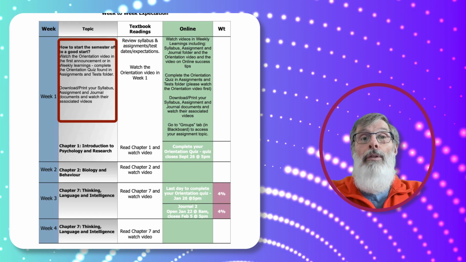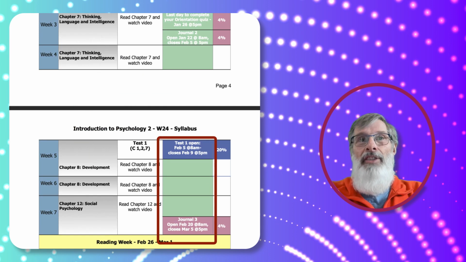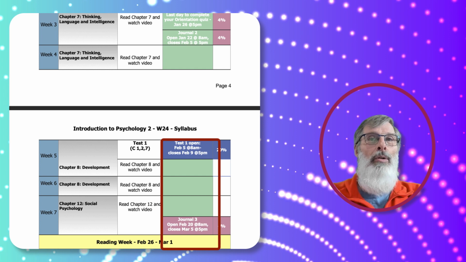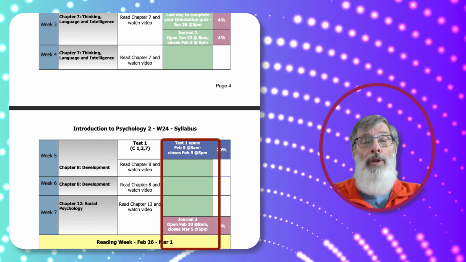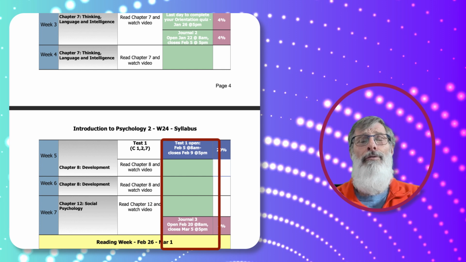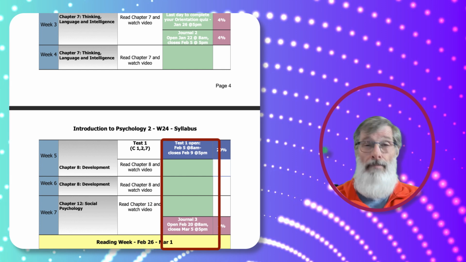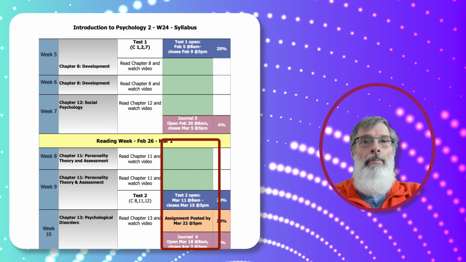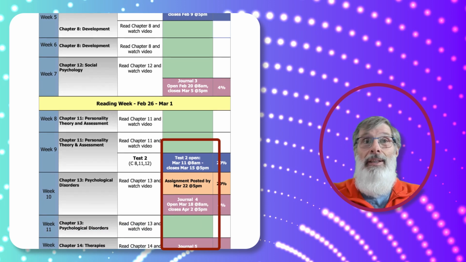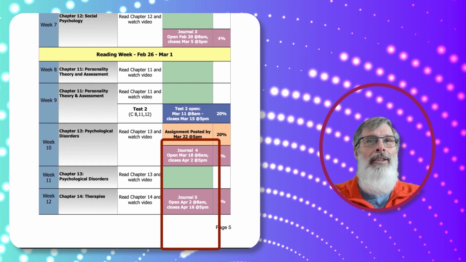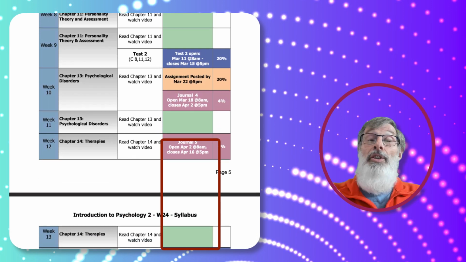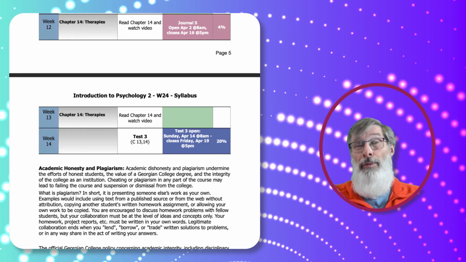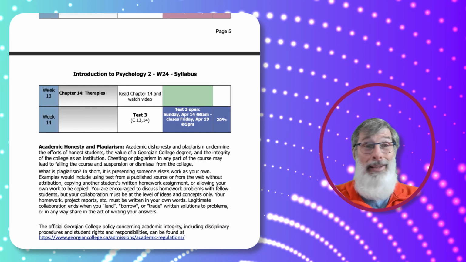So if we continue down a little further, you'll notice when I put in these dates, like for the test here, I have an open date. Test 1 opens February 5th at 8 a.m. and closes February 9th at 5 p.m. If you try to write that test at 5:05 on February 9th, it won't be available for you to do. It won't open. So make sure you do things on time. That means I would highly recommend a calendar. Your assignment is due on March 22nd, 5 p.m., no later. Everything is mapped out, and it's important to keep that in check. If you have your syllabus, you're less likely to forget anything.